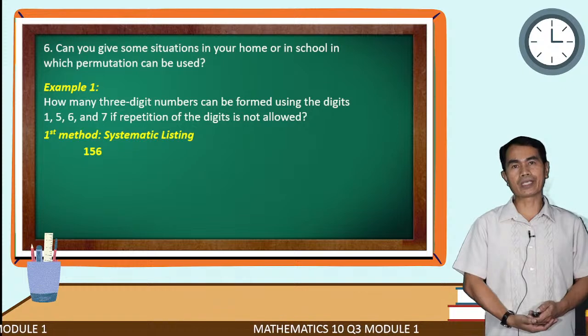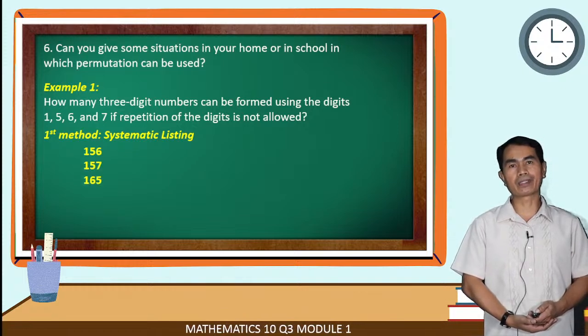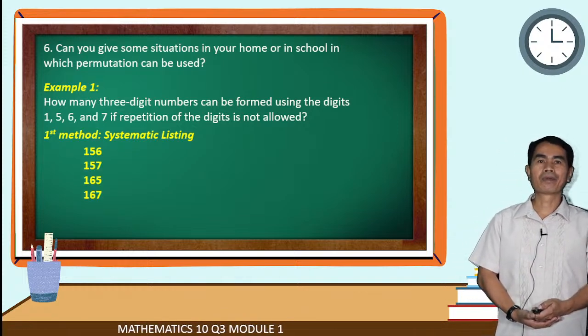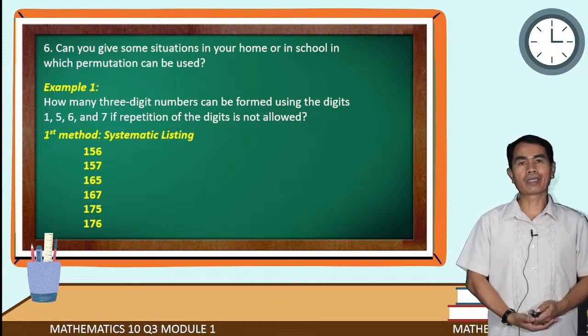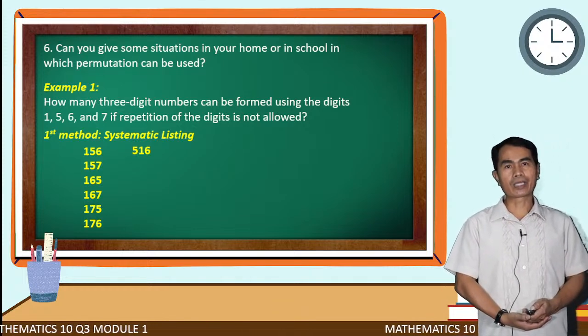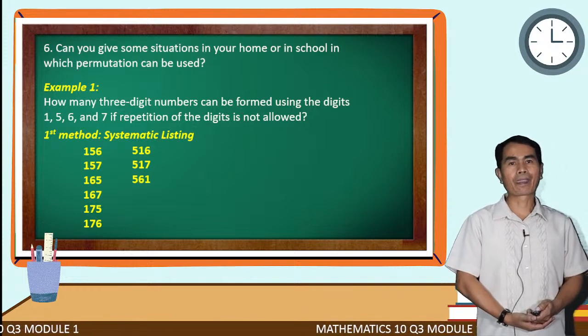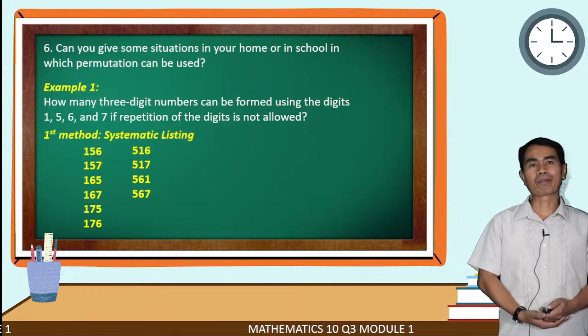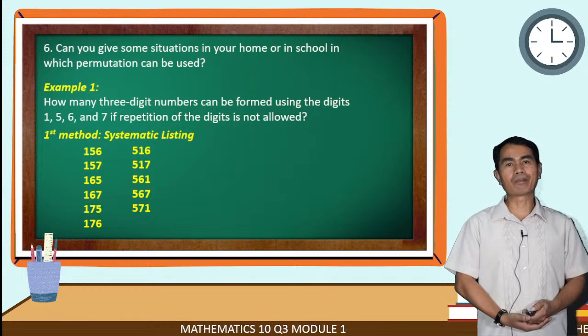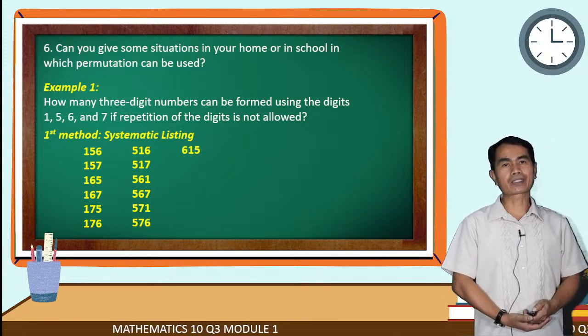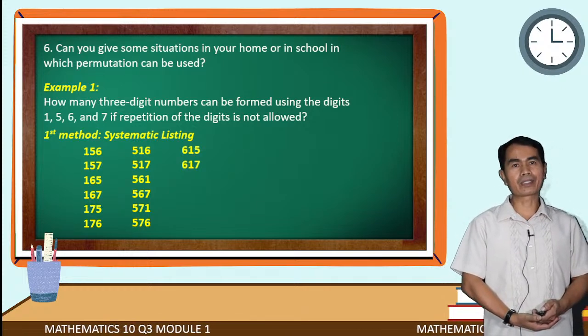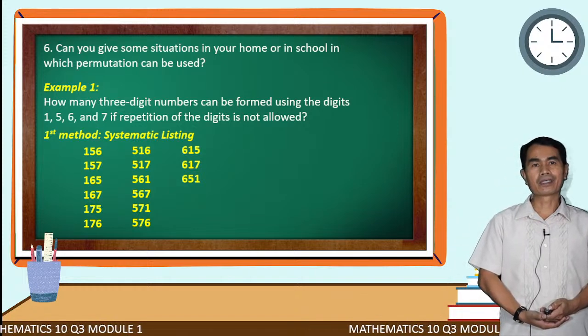Right, 156, and then followed by 157, 165, 167, 175, 176, 516, 517, 561, 567, 571, 576, 615, 617, 651,